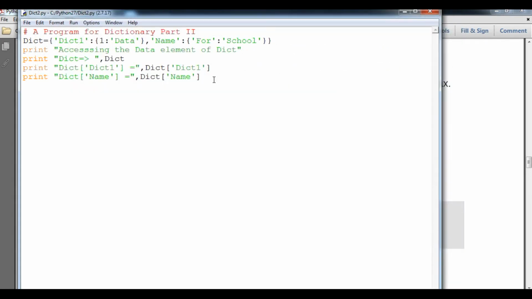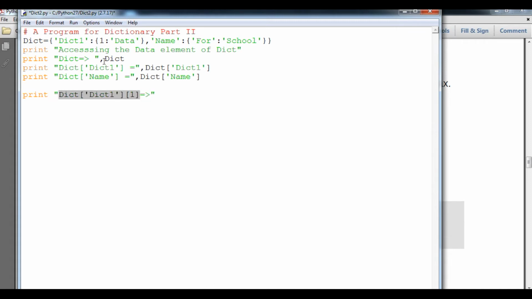Now we are going to access the first element of our particular nested elements. Okay, so here we are going to use DICT, and definitely I will type here the key, that is DICT 1. Then after that the key, here the key is 1. So what will the output look like here?